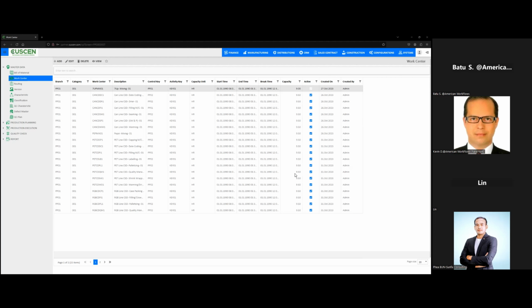Next, we have the capacity and active columns. The capacity value, such as 9.00 or 9.50, indicates the maximum output of the work center each time. An active checkbox means that the work center is currently operational and contributing to production. These last 2 columns, created on and created by, provide audit trails for accountability. They record when a work center was added to the system and by whom, which is essential for tracking changes